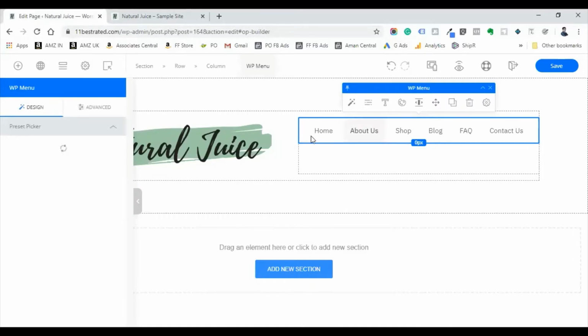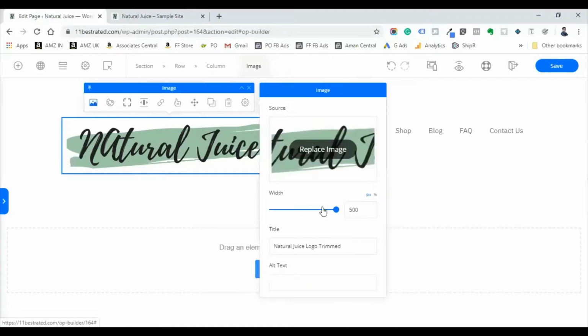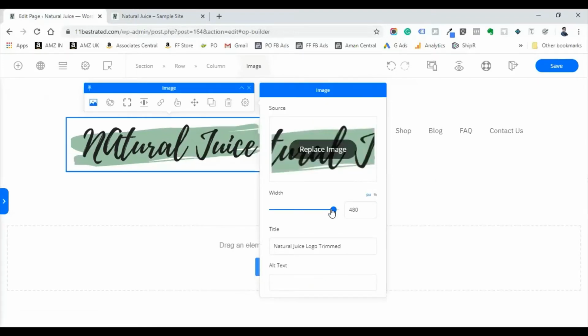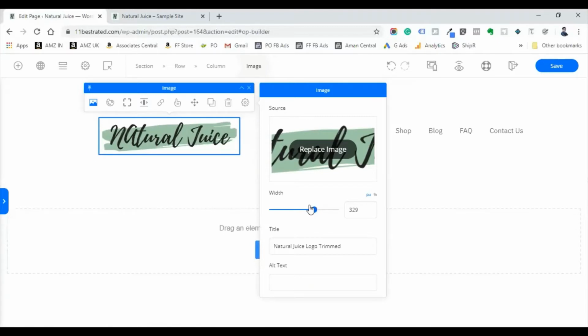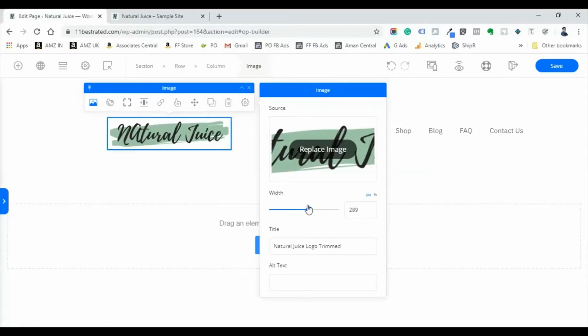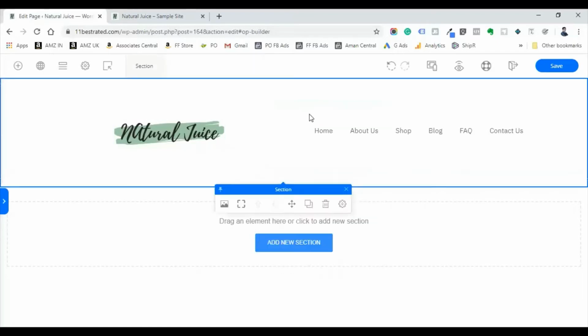It is now like this, and we will resize this logo to a small size like this. However much size you want, like 220 or 270, however visible you want, you can make it.